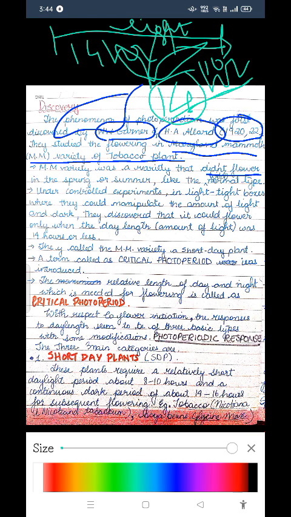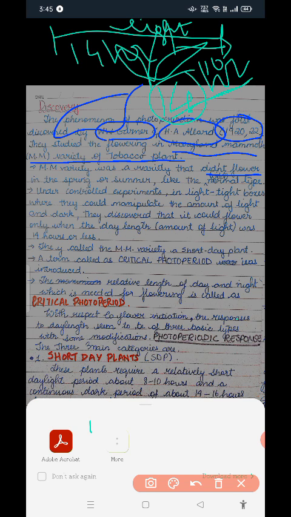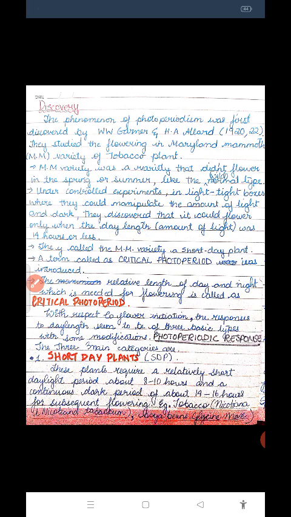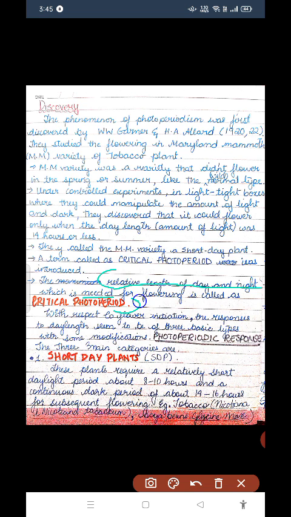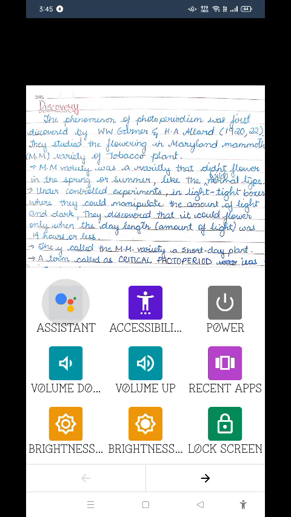So that duration of 14 hours of day and 10 hours of night is the critical photoperiod for this plant. In other words, we can say that the length of day and night that is required for inducing the plant to flower is called the critical